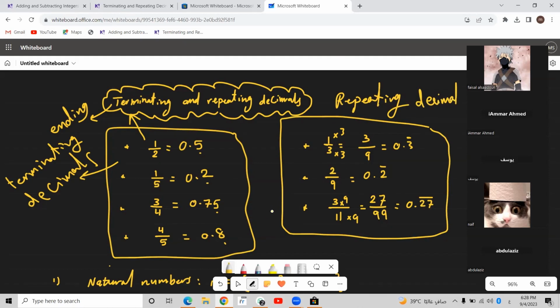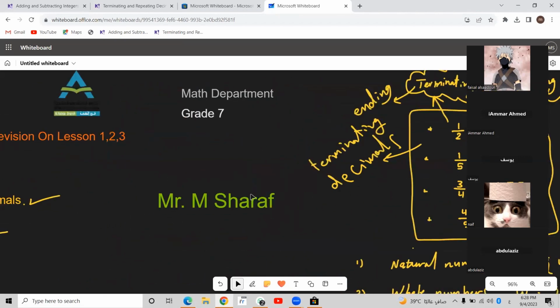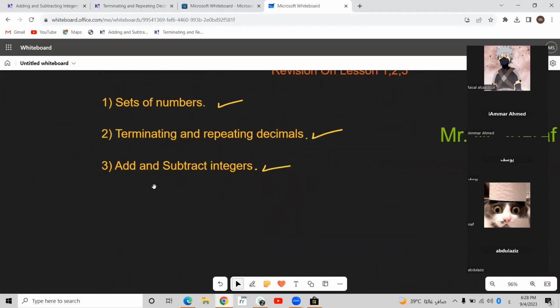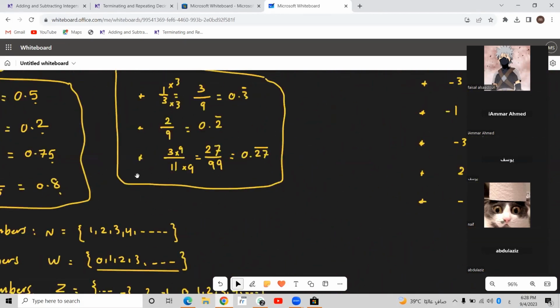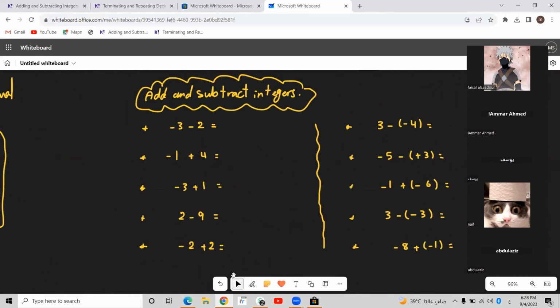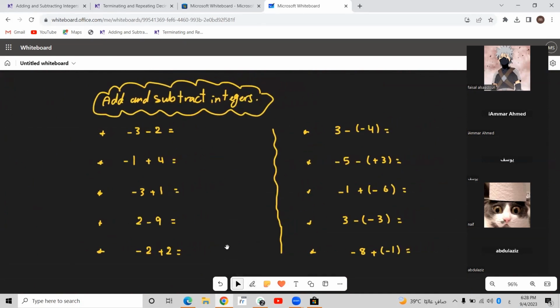Okay, that's good. So this is the second part of our session. Let's go to the third part. The third part is how to add and subtract. And I prepared it for you guys here. I told you these problems are like real life problems. Take it from the concept of losing and finding. So the first one, for example,